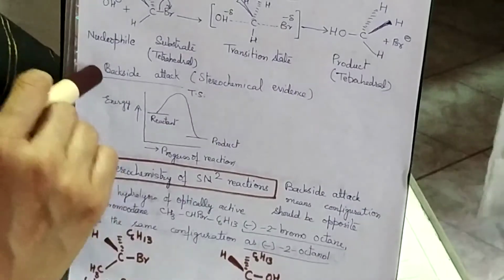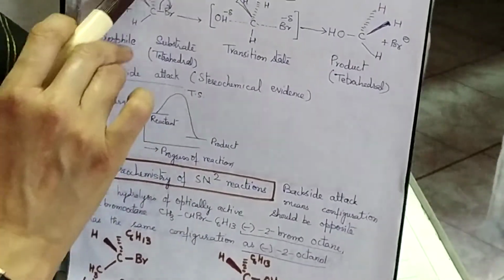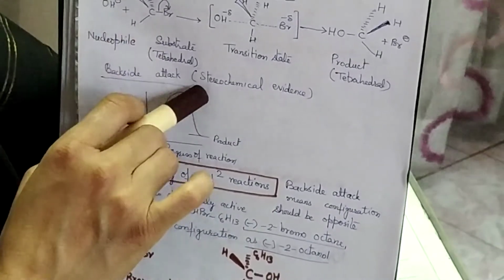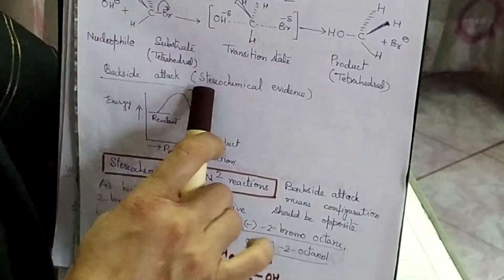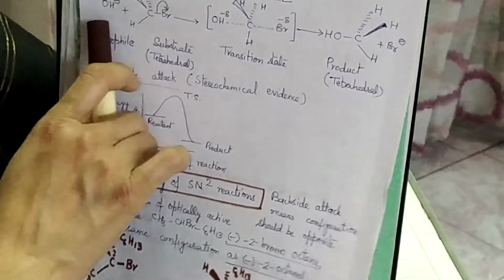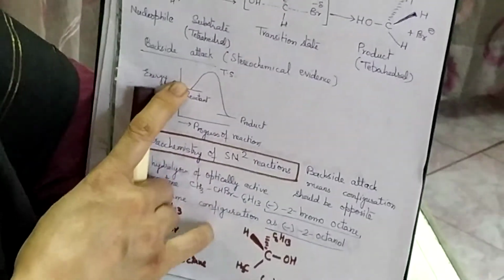Another important point to be noted in this reaction is that here backside attack of the nucleophile takes place, and it will be obvious from stereochemical evidence as well, which will be seen a little bit later. But you can see that there is a backside attack by the nucleophile,